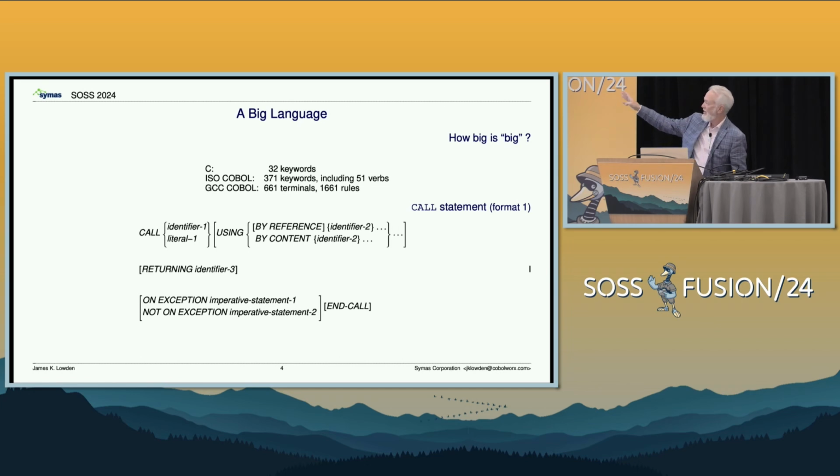One of the reasons it's big is that it incorporates the I/O, where in C, I/O is a library call. In COBOL, I/O is defined by the compiler, by the program. And so are I/O exceptions and other kinds of exceptions defined by the compiler. So things that we think of as runtime responsibilities or stuff that happens in the operating system have defined effects in your COBOL application if you want them to be. In the old days, they weren't. That stuff got added, and if your program doesn't include them, you don't get it.